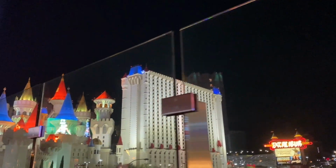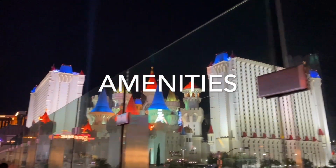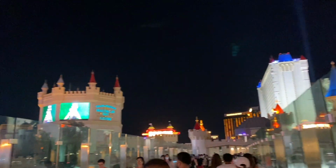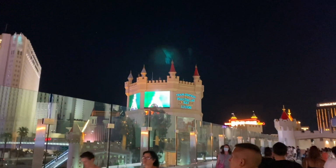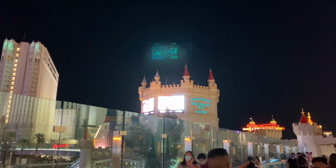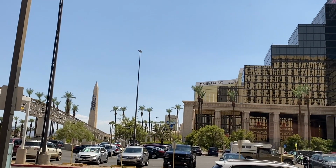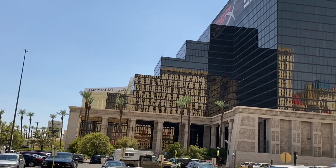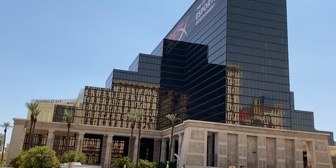And lastly, let's discuss amenities. Excalibur has your basic Vegas hotel amenities and not much more. You will find a couple of shows, some shops and stores to browse through, and a whopping 4 pools to accommodate the large amount of guests this hotel can house. But note that some shows, stores, and shops were closed due to COVID, and you really won't find anything to